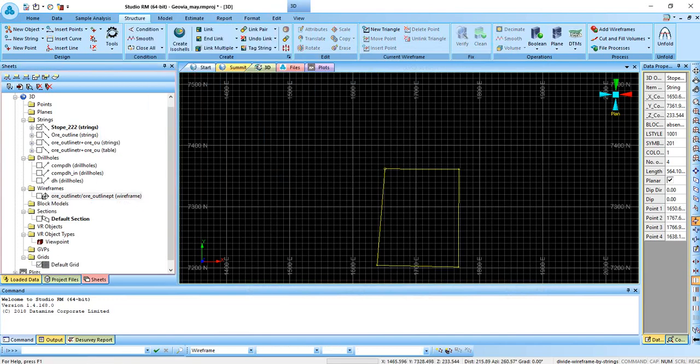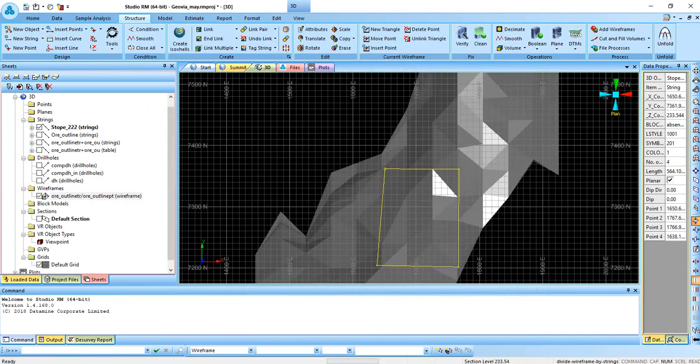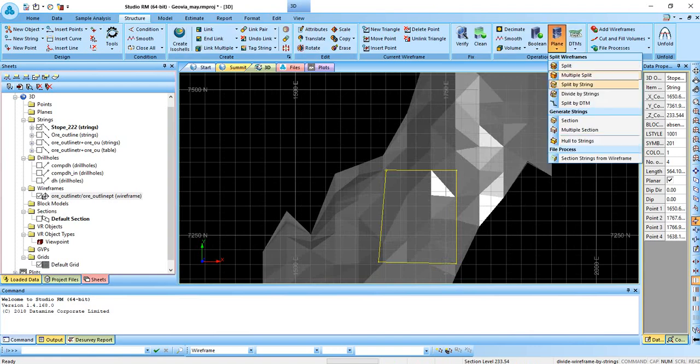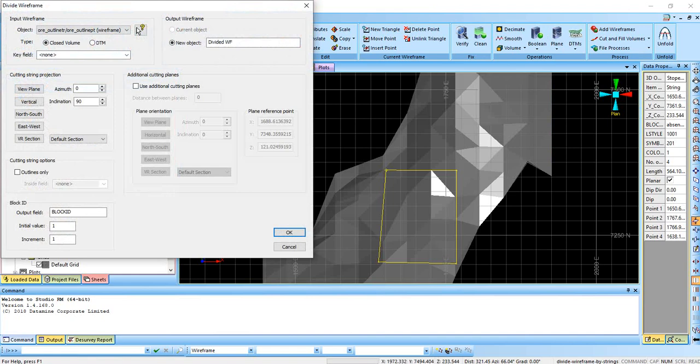Unload this. And this is what we're dealing with. So I'll go back to structure, plane, divide by string. Our input wireframe is this. It's a closed volume,